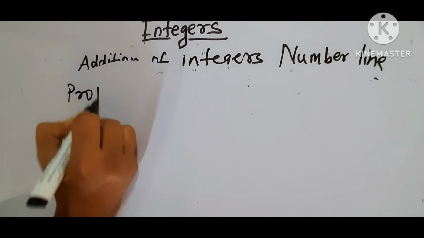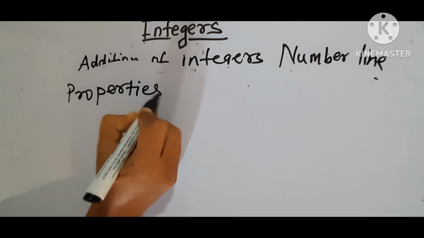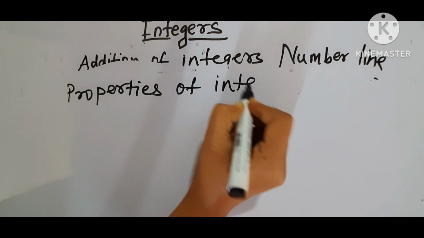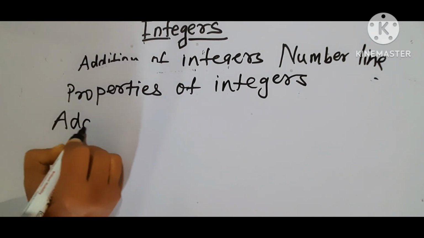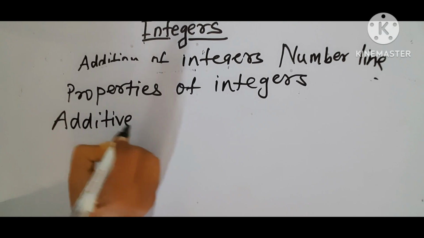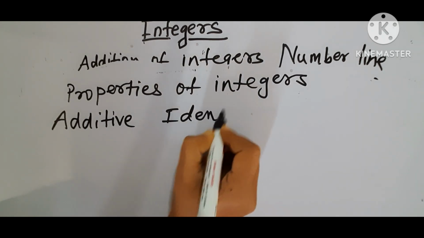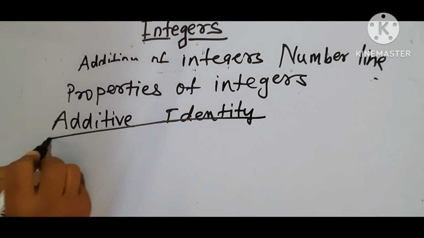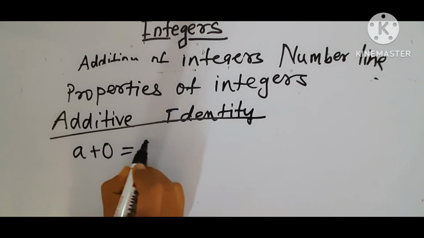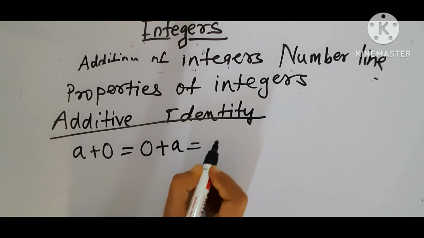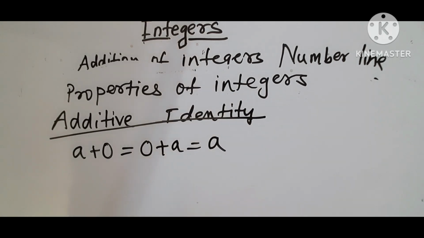Properties of integers. And the first is additive identity. What is additive identity? Additive identity is nothing but if we add a plus 0, that is equal to 0 plus a, and that is equal to a. Okay, so what we can say is 0 is a